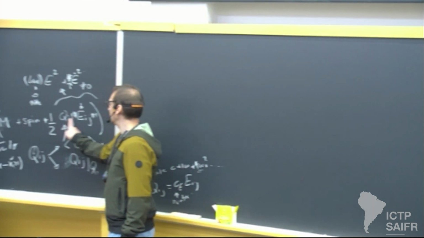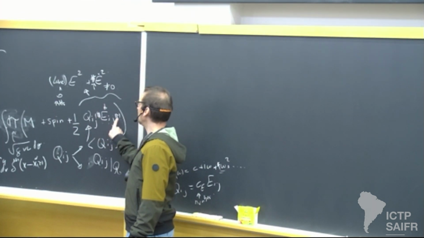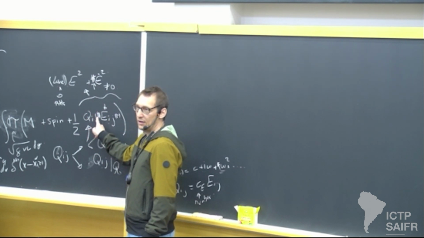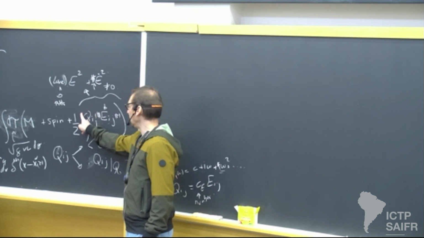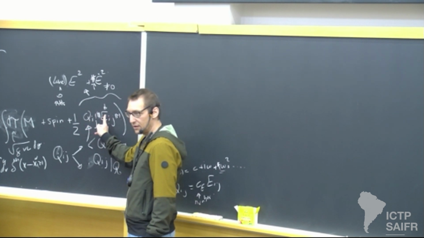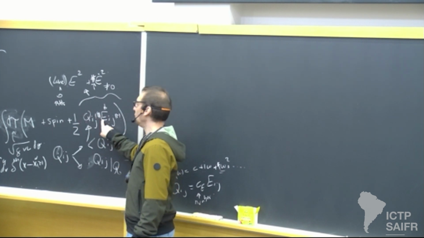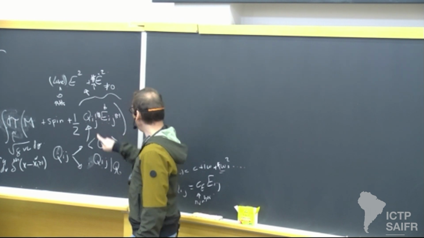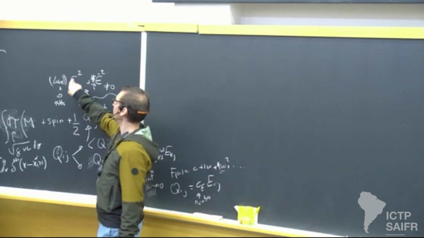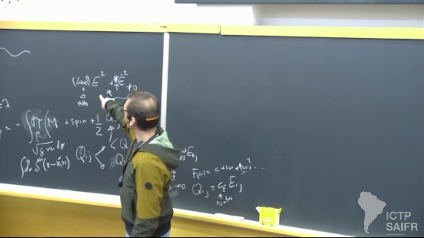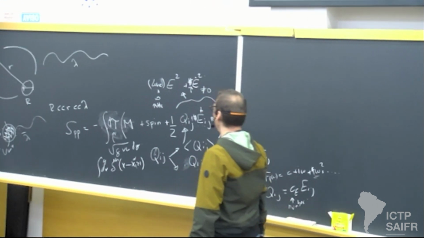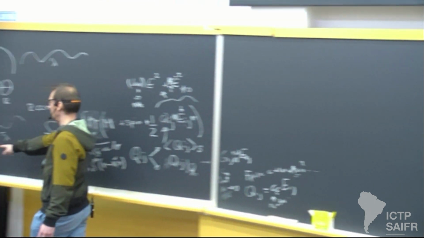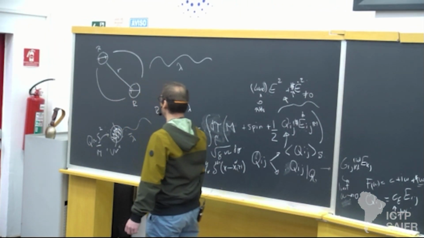This coupling means that if I turn on E, I get a response for Q. And that's all I'm doing. I'm just calculating in linear response theory. What is the value of Q when I turn on E? And obviously it would be proportional to E. And if I replace that in my action, I get an operator that goes like E squared. This is 0 for no external fields, unlike this guy, which is not 0 when I turn